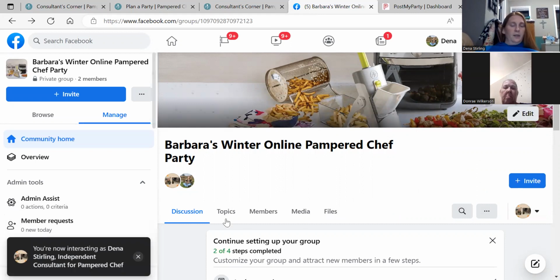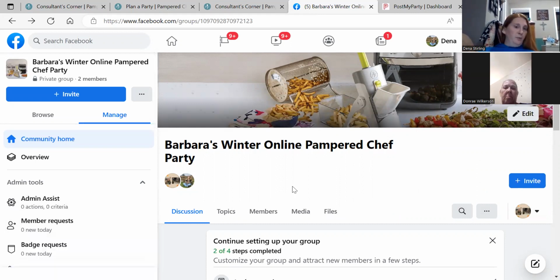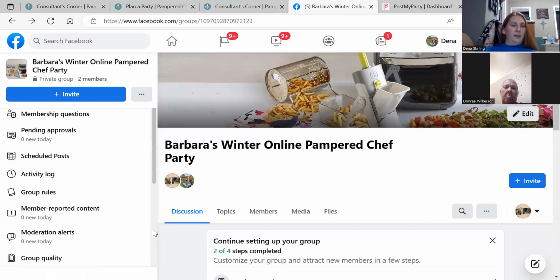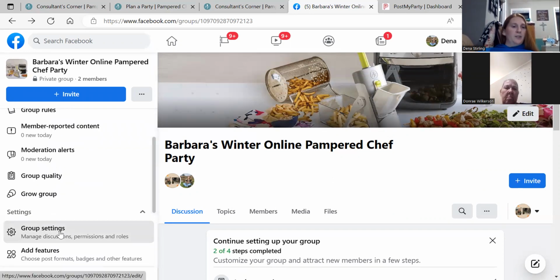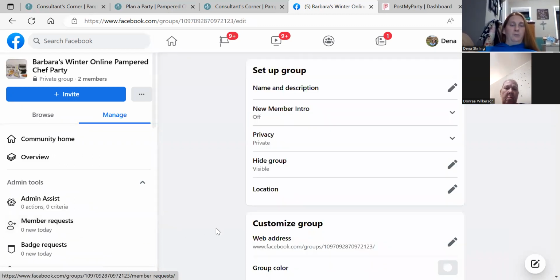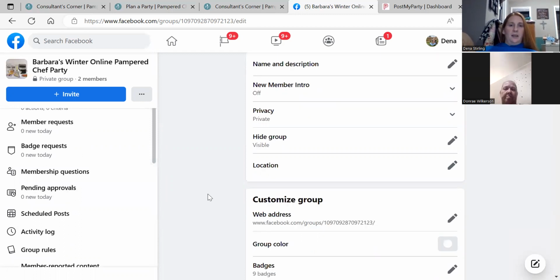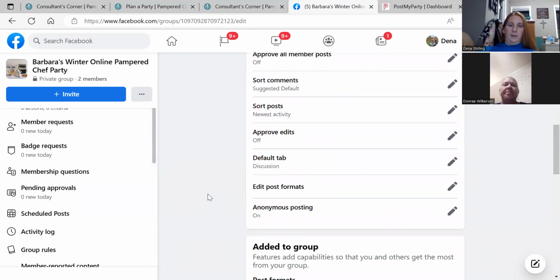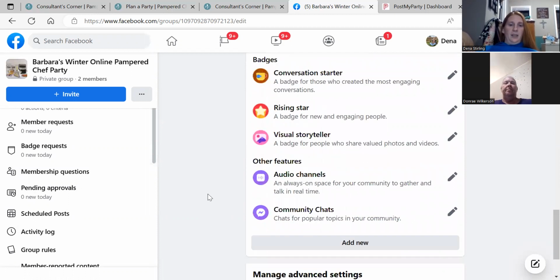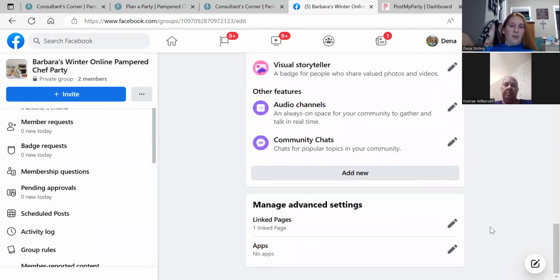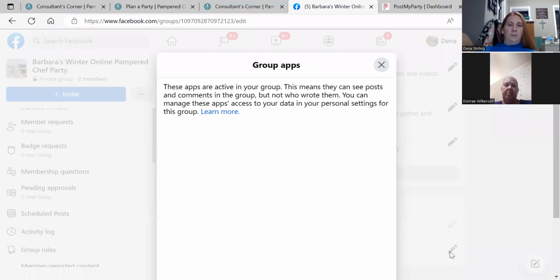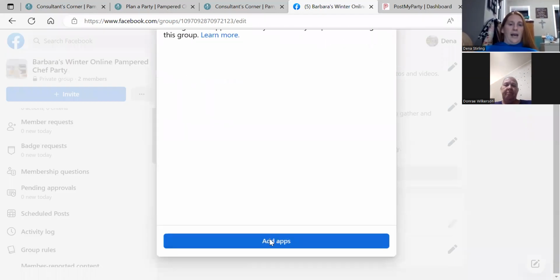And then, so we've got Post My Party that we use. We have to add an app right here to help with doing Post My Party so that it can link to this party group. So you go into group settings. I hope you just saw where I was at. I did. Okay, great. So you go into group settings and then scroll all the way to the bottom and it'll say down here, apps. And right now there's no apps. You just click the little edit button, add apps,